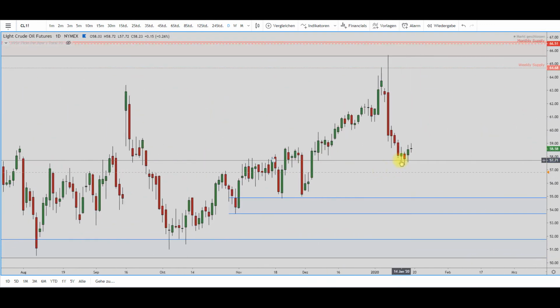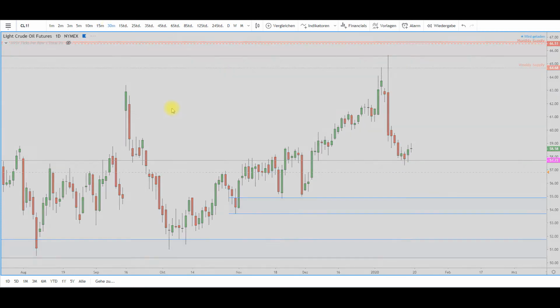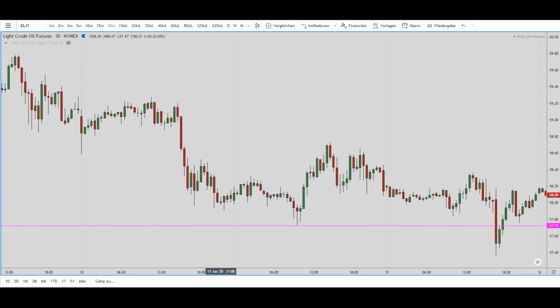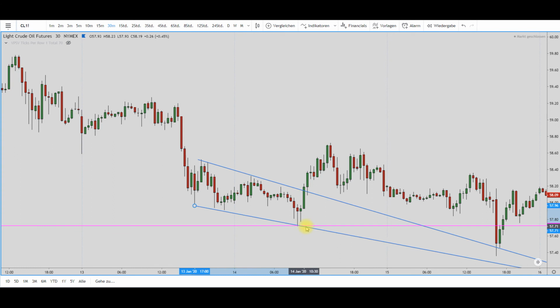See, that was the low at that point. What did crude oil do at that point? It took out supply that was formed in this descending triangle, I want to call it,